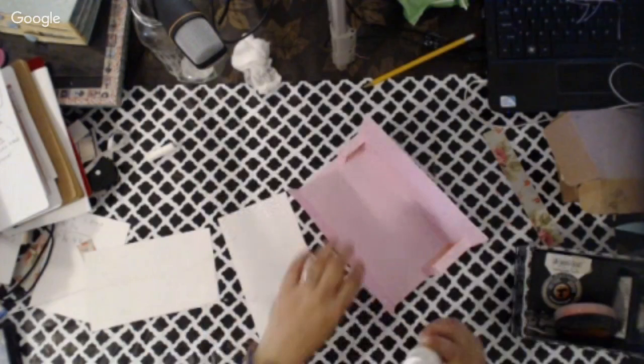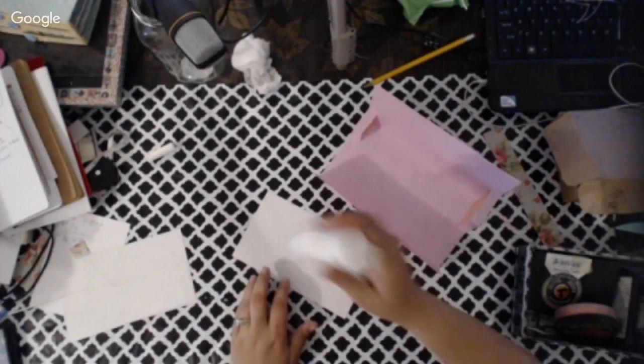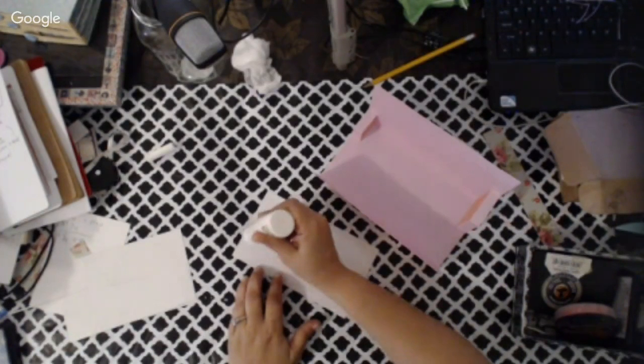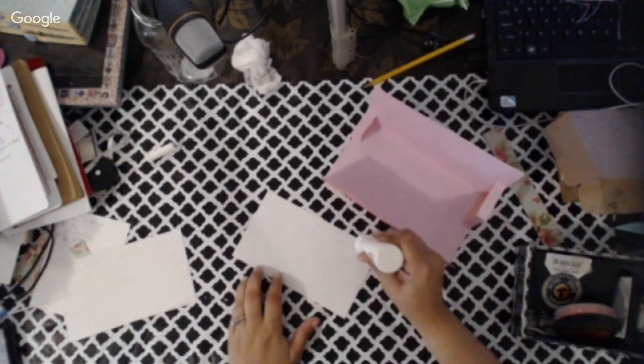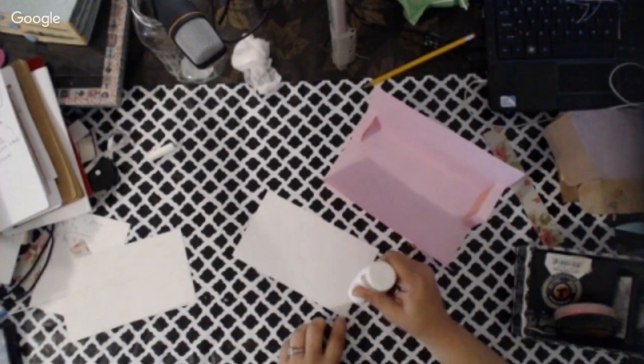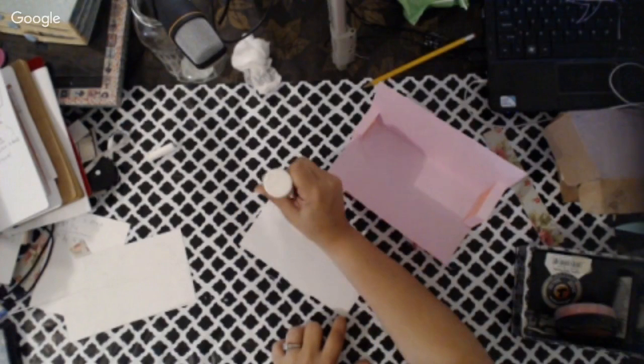If you want more of a border, just trim a little bit more off the paper. Some of you guys are way more advanced than me, so I think you already kind of figured that part out. But for anybody that's a noob like I am, that's gonna be watching this later or is watching this now, you might want to just